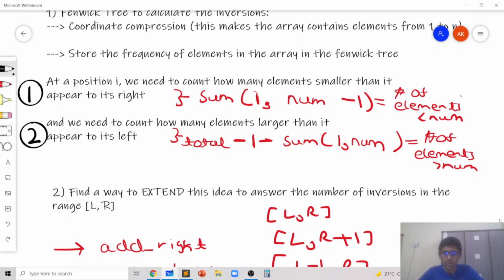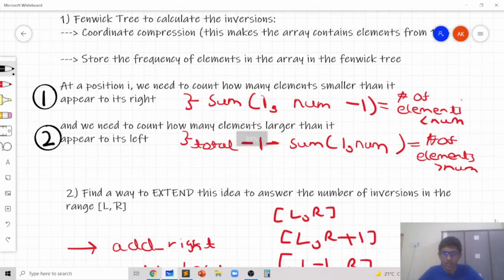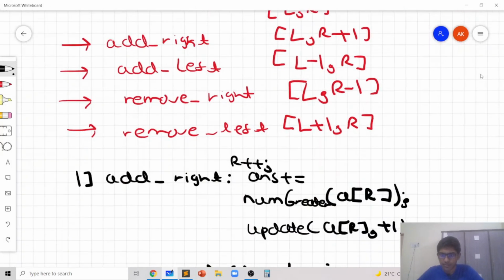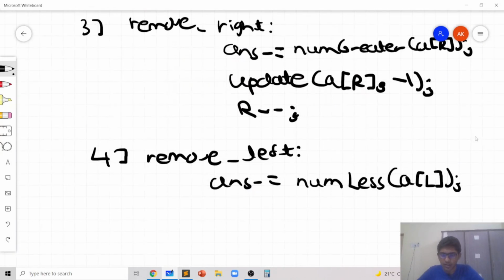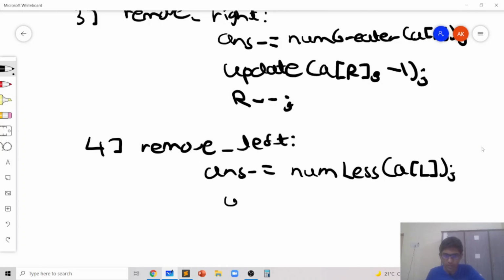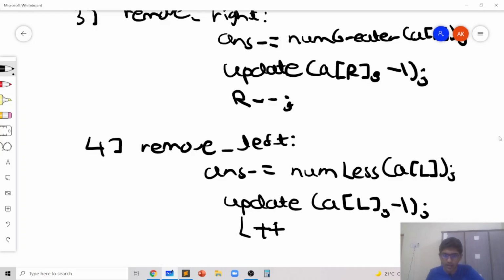That's why the contribution is how many smaller elements appear, and that's why we decrease the answer by the number of smaller elements appearing. And we also update AL with a -1, and then we again increase L because we are moving the left index to the right.